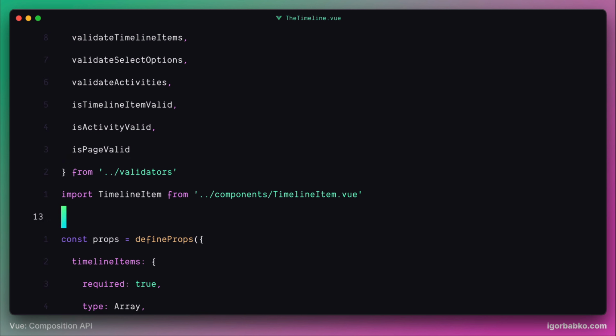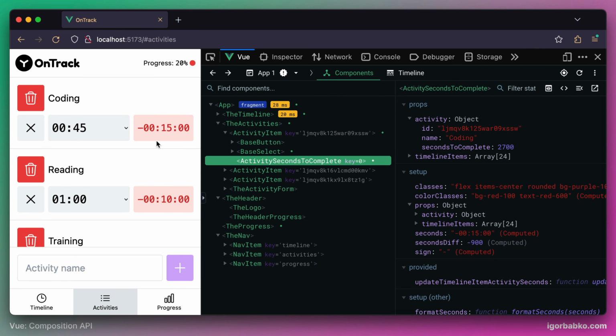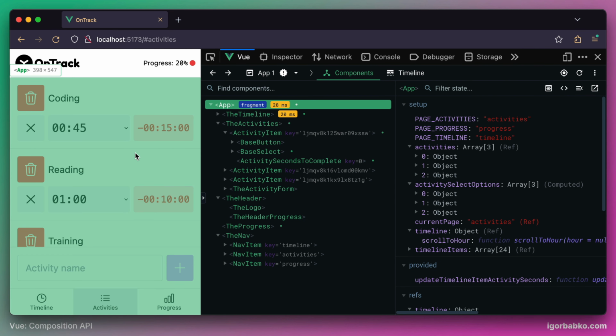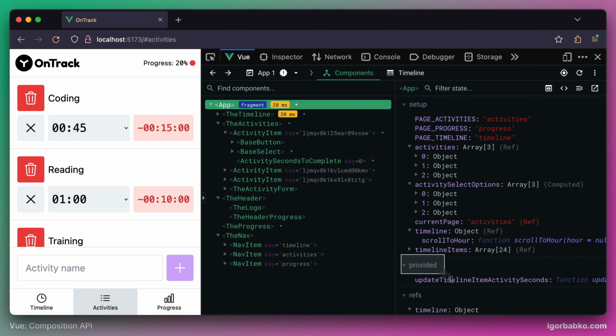And right now, within Vue Developer Tools, if we take a look at the right side, in here we're gonna see the new section called provided. And this section lists our new function that was provided from within root component, update timeline item activity seconds. Which means all the child components of the root component can easily gain access to this function and call it